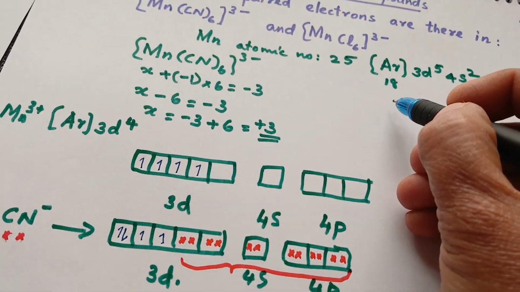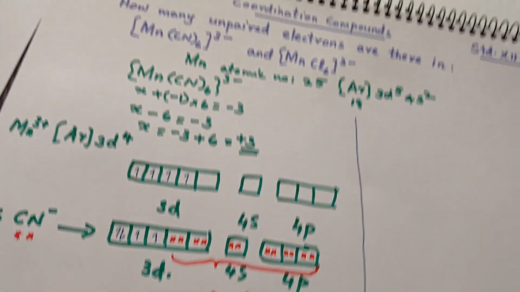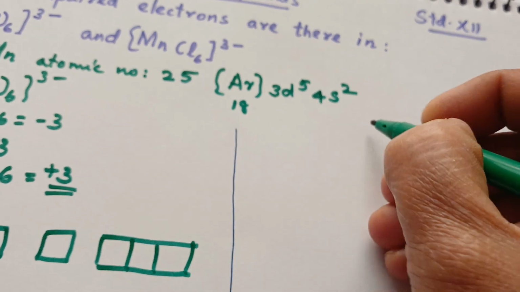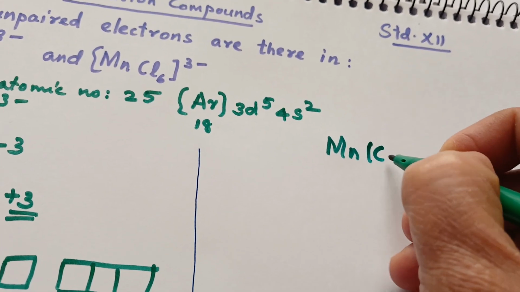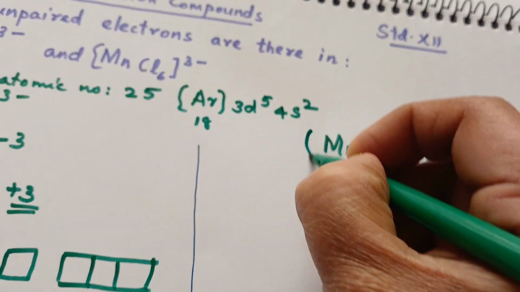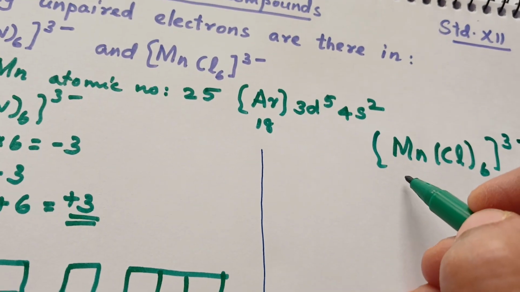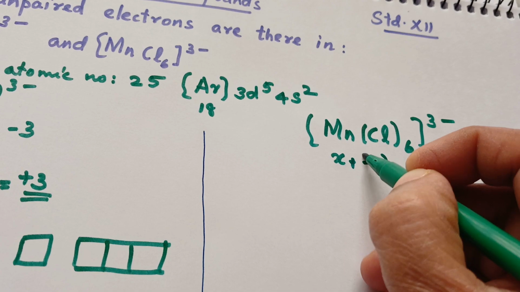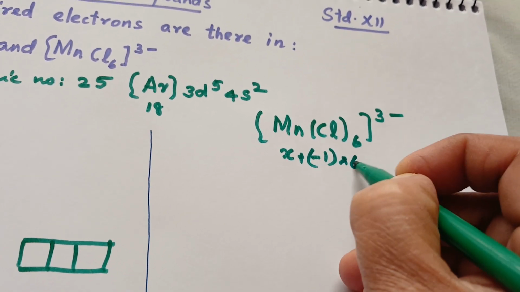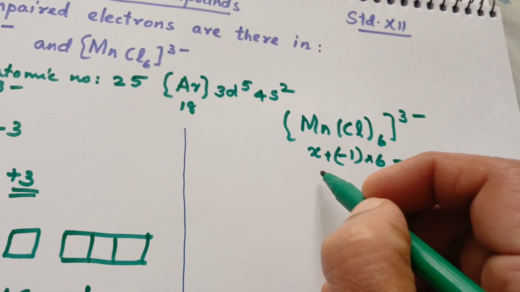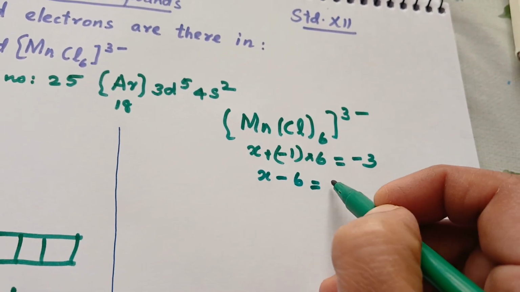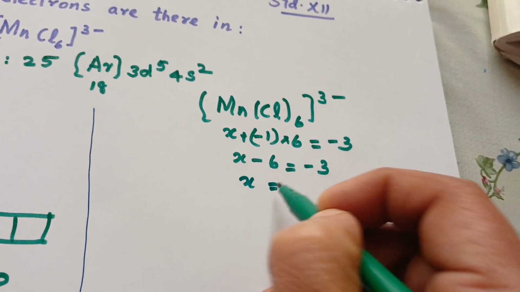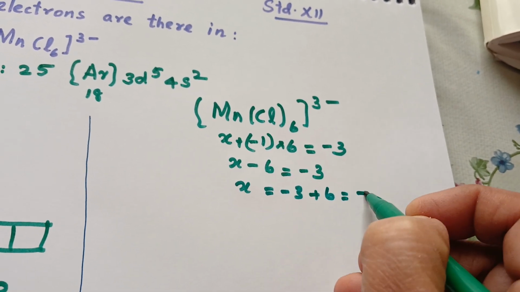Now what about [MnCl6]? Let us write [MnCl6]3-. Let X be the oxidation state of Mn. Then X plus chloride, which is minus 1, 6 of them. Overall charge is minus 3. So X minus 6 equals minus 3. When you take this minus 6 to the other side, X equals minus 3 plus 6, that is equal to +3 oxidation